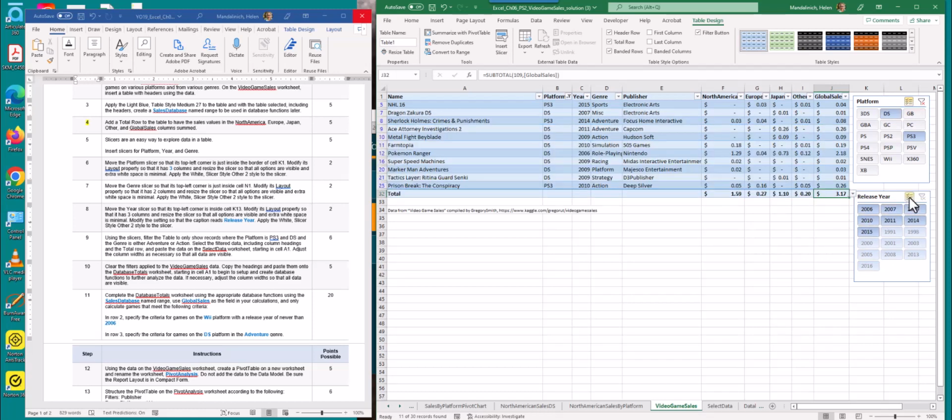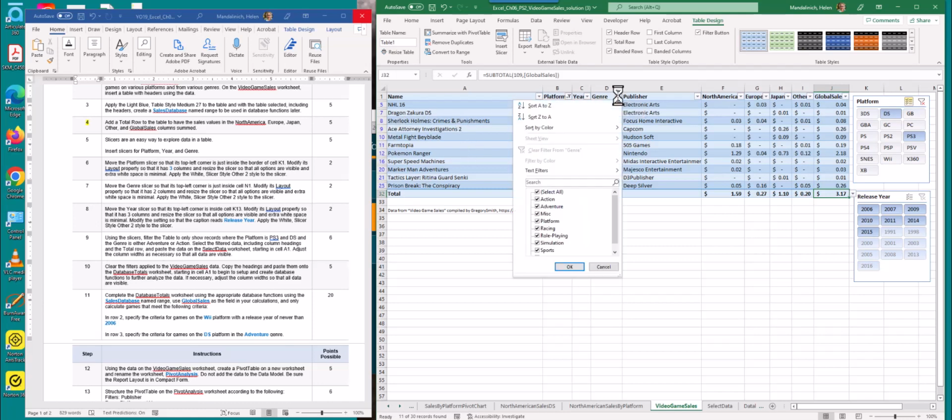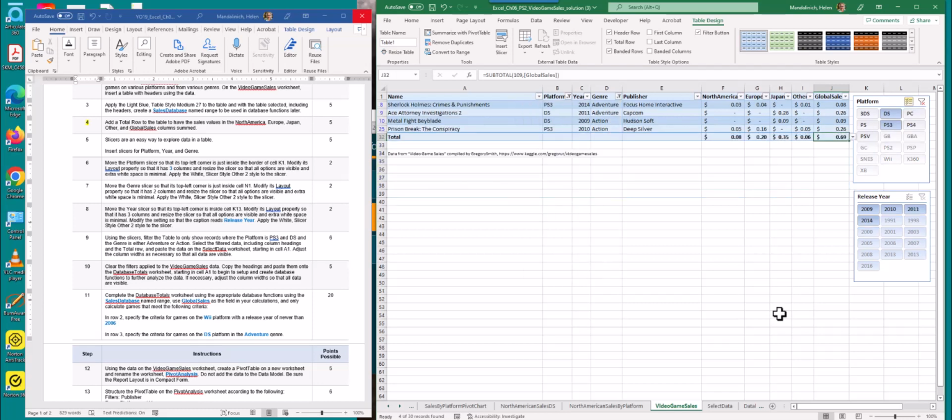Then I'm going to come down here, and the genre is either adventure, so genre, uncheck, they want adventure and action. So now we have just those 4 records,